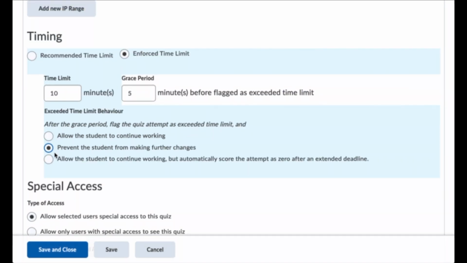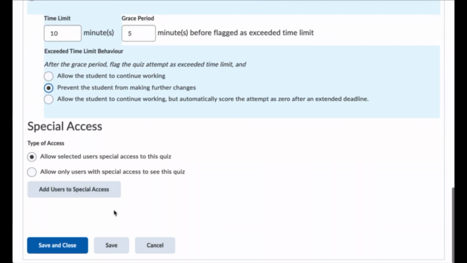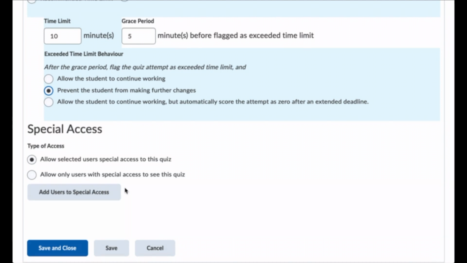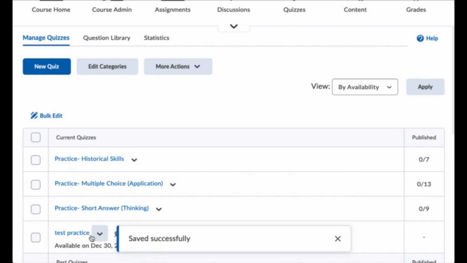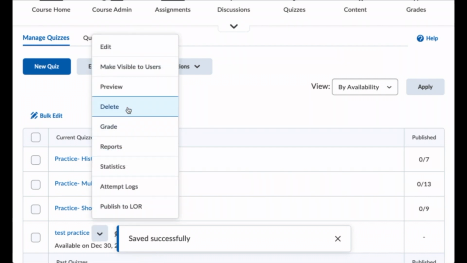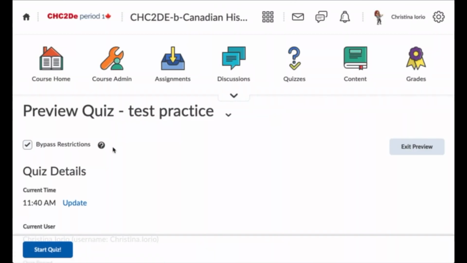So you can change this specific to that one student. You can make the time limit longer, the grace period longer, whatever you want, specific to those special access students. Okay. So we'll just save this down here because we have 10 minutes. And if we go back into our test here and we go into preview, what you're going to see in